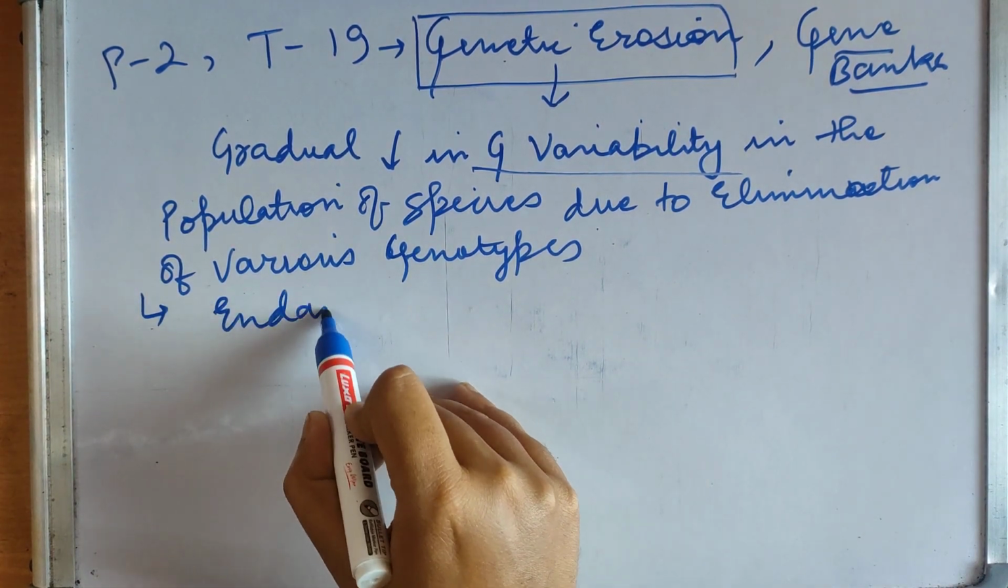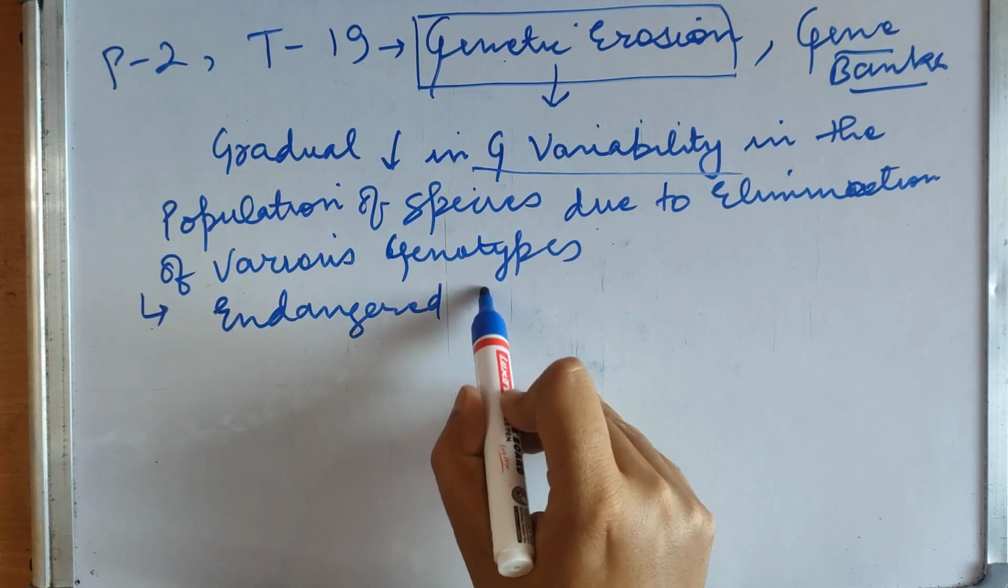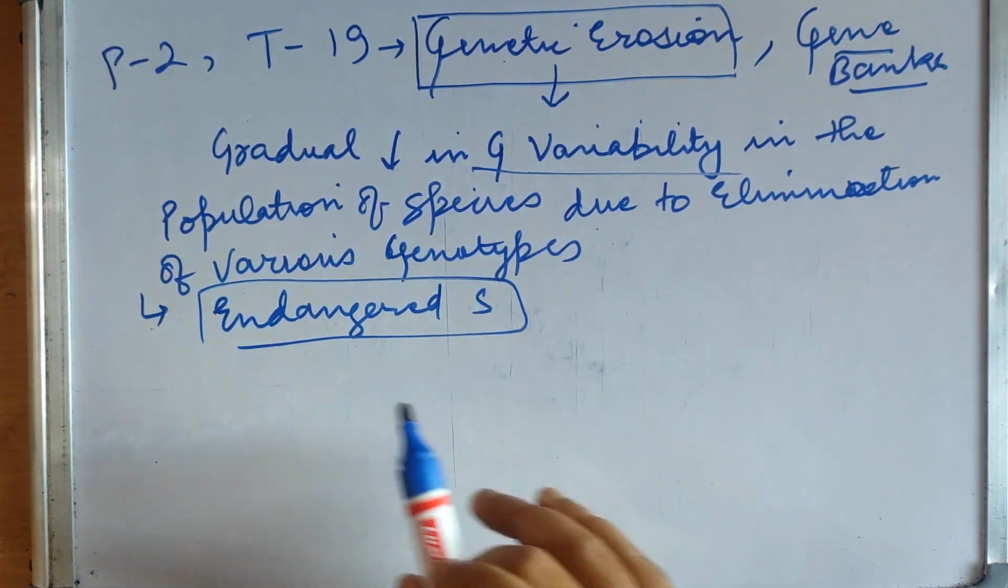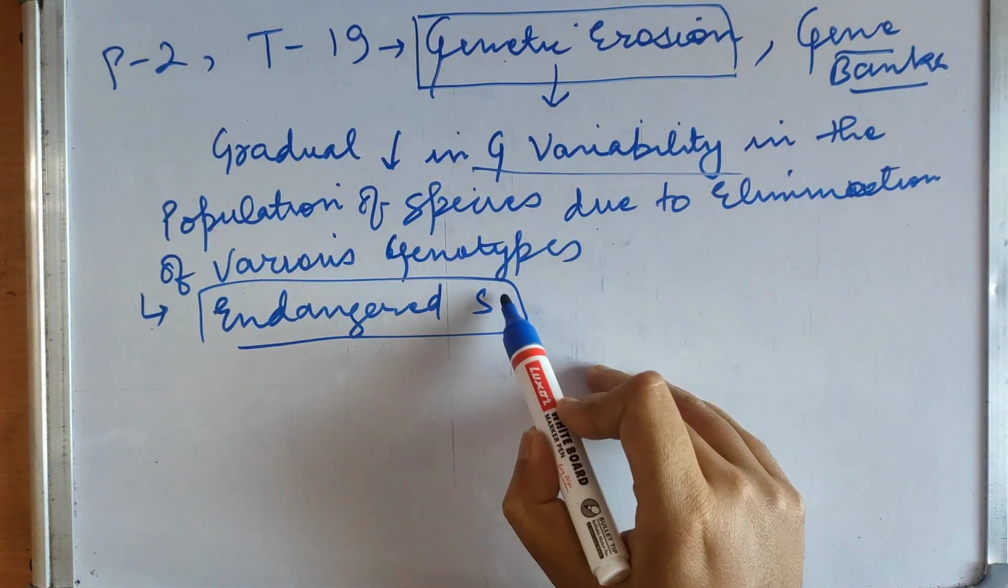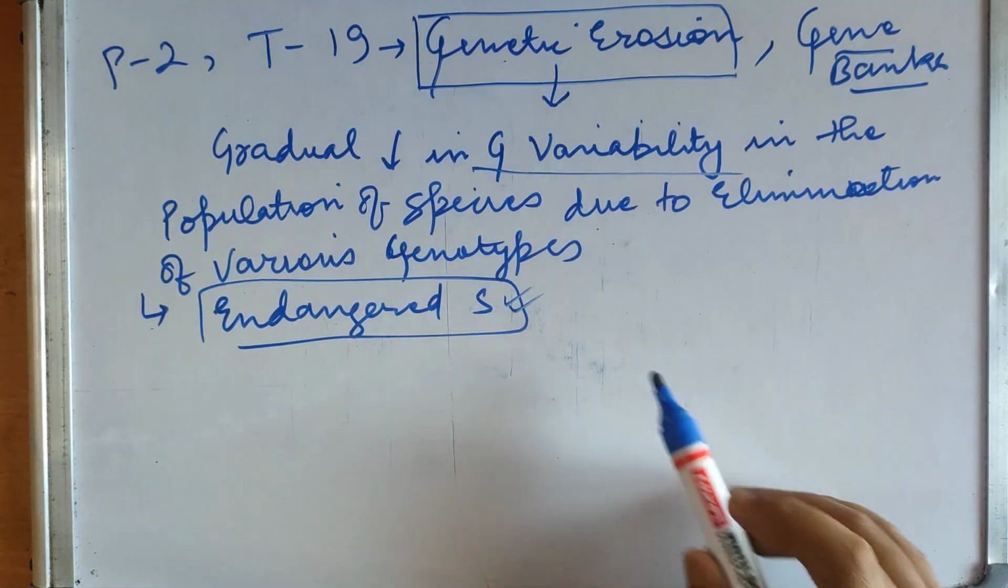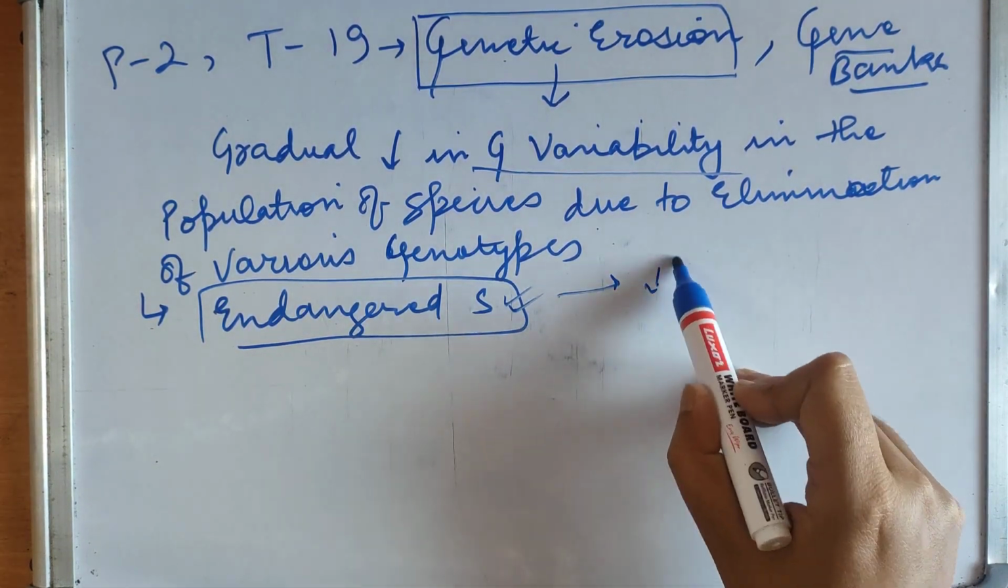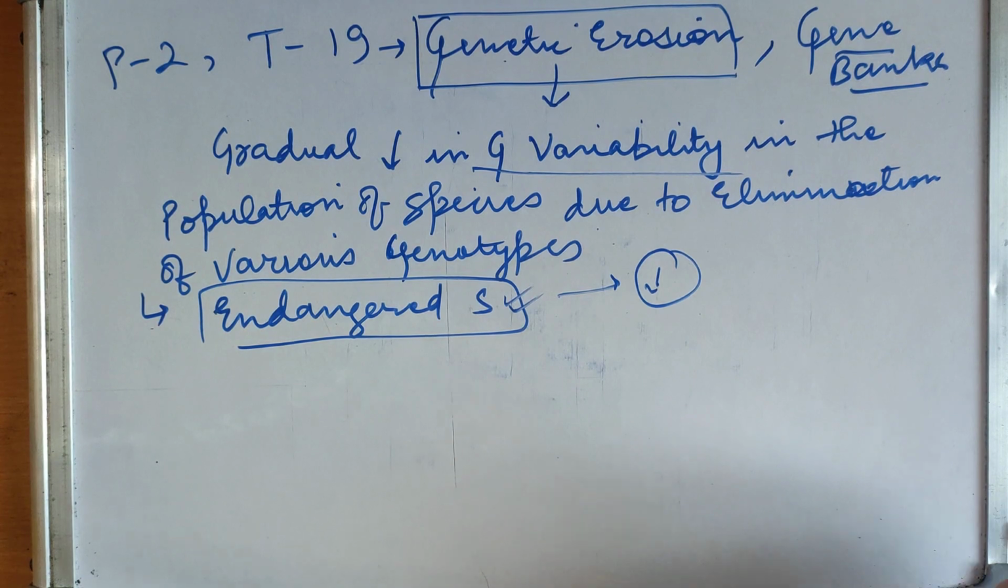Endangered species are more prone to genetic erosion, because they are already endangered. From before they are endangered, they have less variation, so there are more chances of